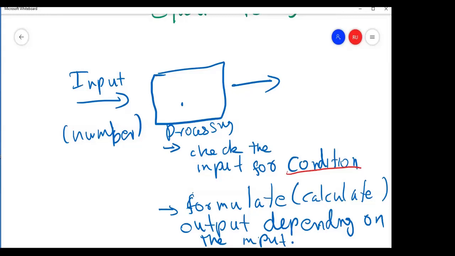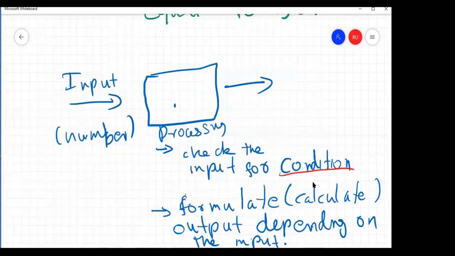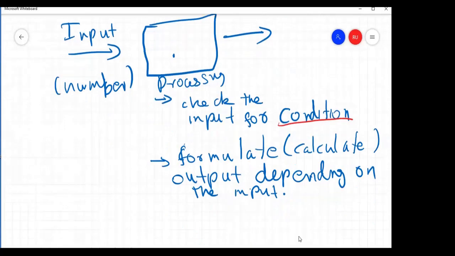But here you can see we have two outputs. One is the number is less than 50. The other one is the number is greater than or equal to 50. So how do you do this?